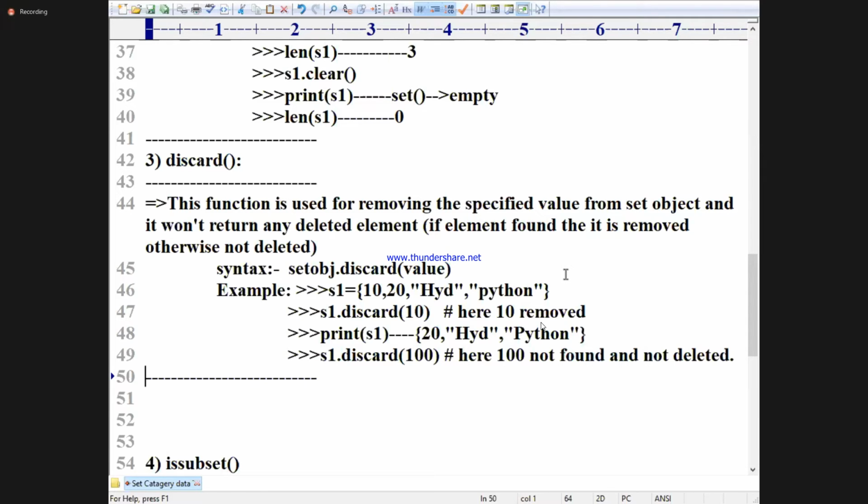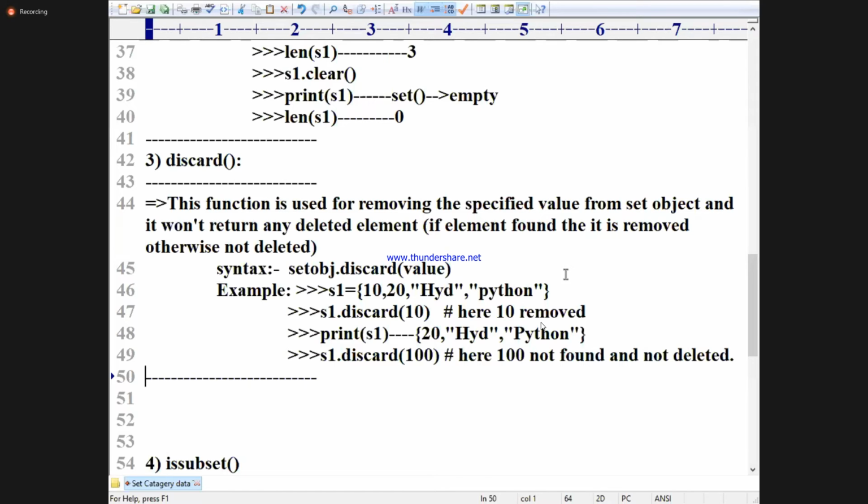Yes, Kaushal is asking, what if two 20s are there in the set?